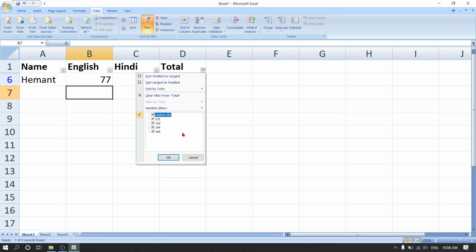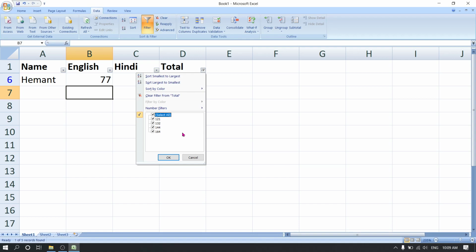You should understand some of the main points, the definitions. A chart is a graphical representation of data in a worksheet, an effective way to display the data in a pictorial form.